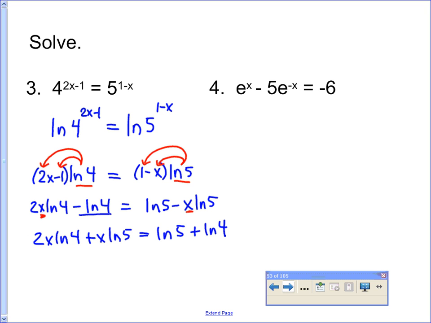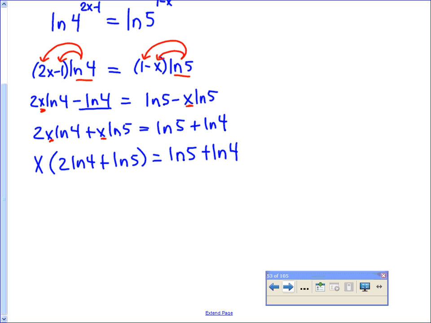And again, I want to isolate those x's. What we have is a sum, and each of those terms has an x. So I can factor out the x, and when I do, I get this. And from here, I want to solve for x, so I'm going to divide by this, and then